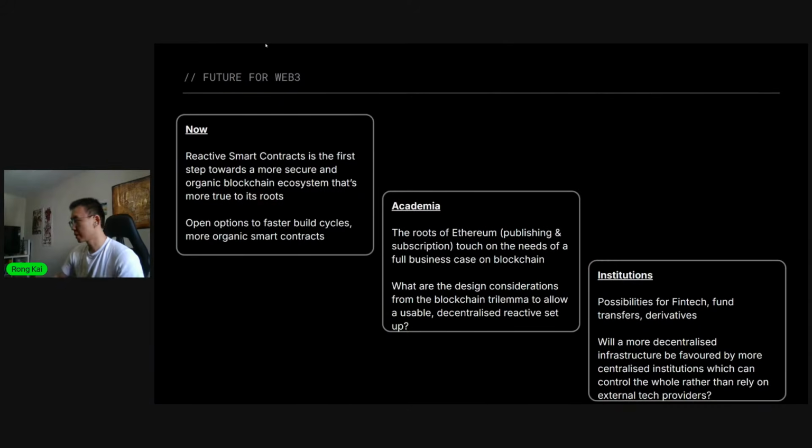So this is a very important slide for you guys in the hackathon. Right now, with Reactive smart contracts, we are the first step, and we've been around for about 10 months now. We're going way beyond that. We open the options for a faster build cycle, more organic smart contracts, etc. And what does this mean